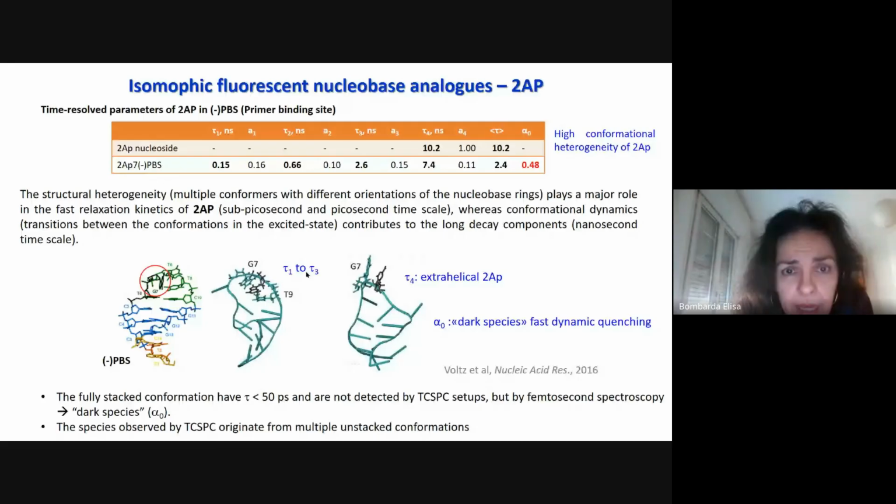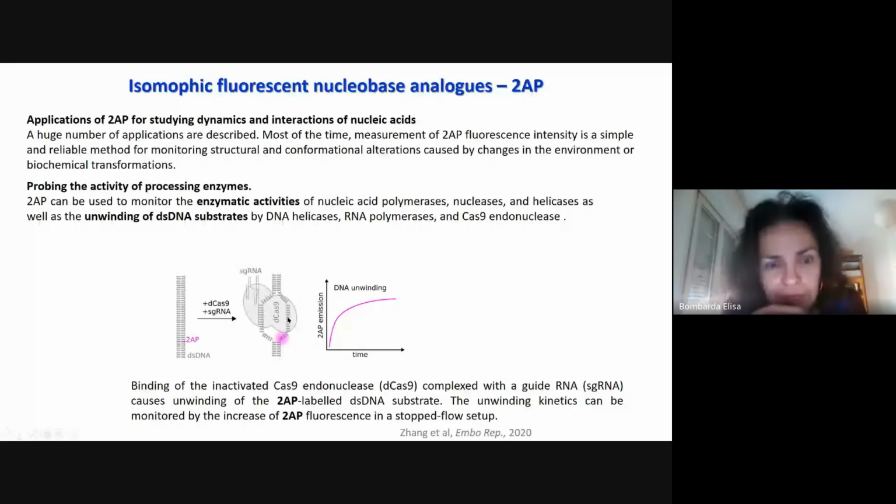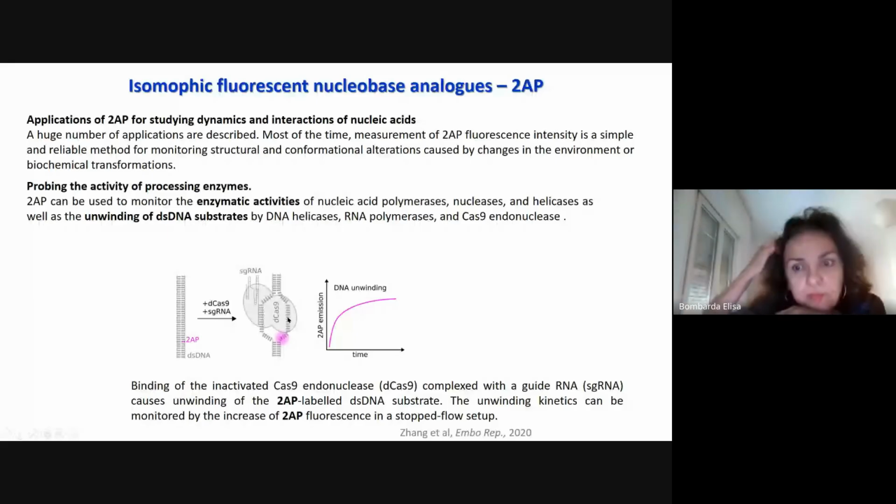And the other three correspond to different conformations of the nucleotide with respect to the rest of the nucleic acid structure, sequence and structure. So that, of course, complicates the interpretation of the data,